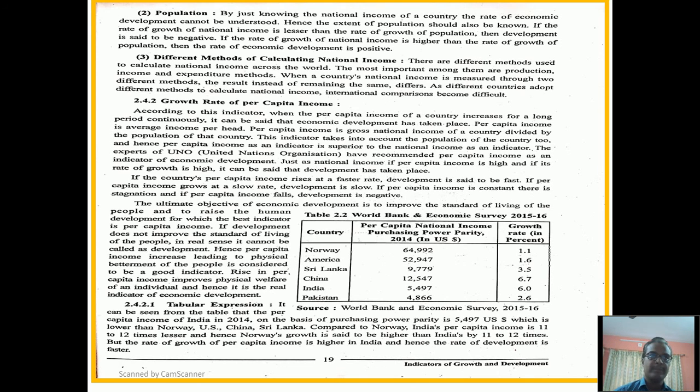Now growth rate of per capita income. After that, the second indicator is the growth rate of per capita income. According to this indicator, when the per capita income of the country increases continuously for a long period, it can be said that economic development has taken place. Per capita income is average income per